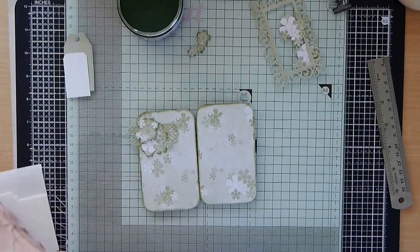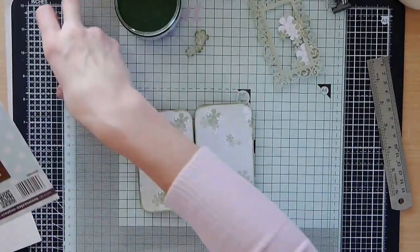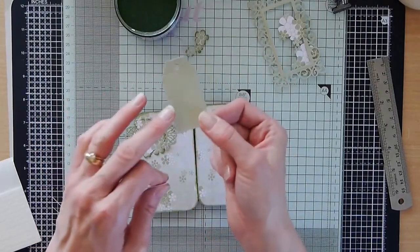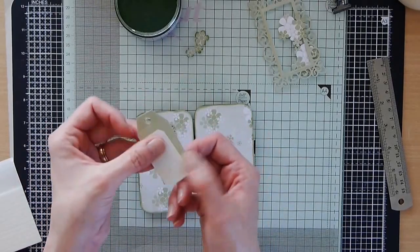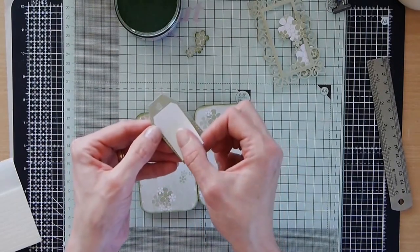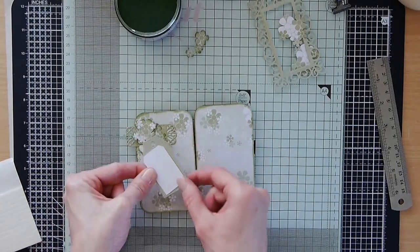I've taken also one of Sue Wilson's pierced tag dies, the smallest one. Cut it from, again, the reverse of one of the pattern papers, so I've got the solid green, and just drawn through the central element of the tag, so I have that to layer on there. That's so I can stamp my sentiment on there, and I think I'm going to layer this tag